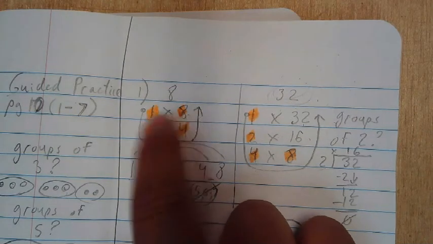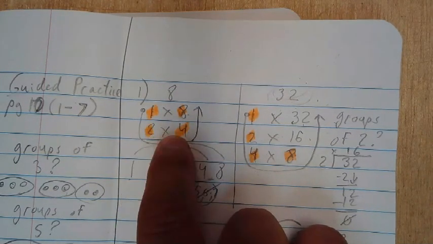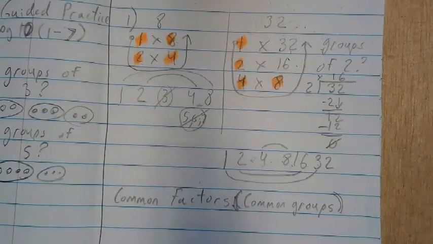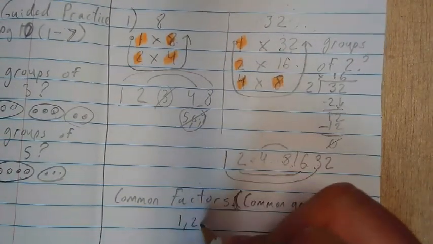And that means everything in the middle. 3 doesn't work. 5, 6, 7 doesn't work. 9 through 15 doesn't work. 17 through 31 doesn't work. Okay. So,